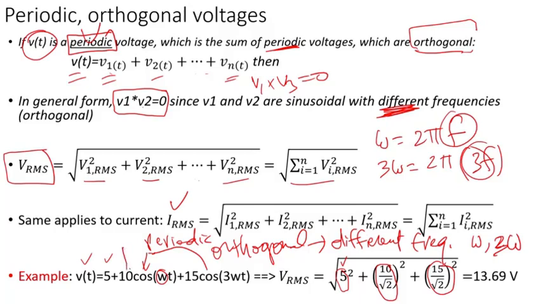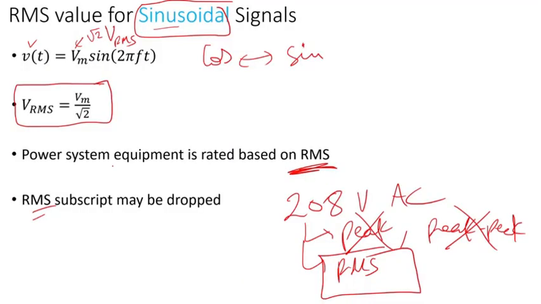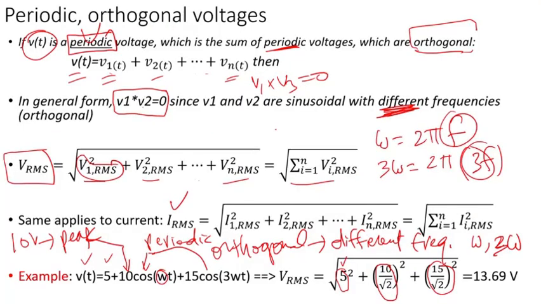Because when you have cosine or sine, typically this value, this 10 here, volt, is peak. But I need RMS from this equation here. And we know if it's sinusoidal, Vm or V peak is 10 volts. So to calculate VRMS, it's 10 divided by root 2 if I apply this equation. So that's all I did here. So then I get